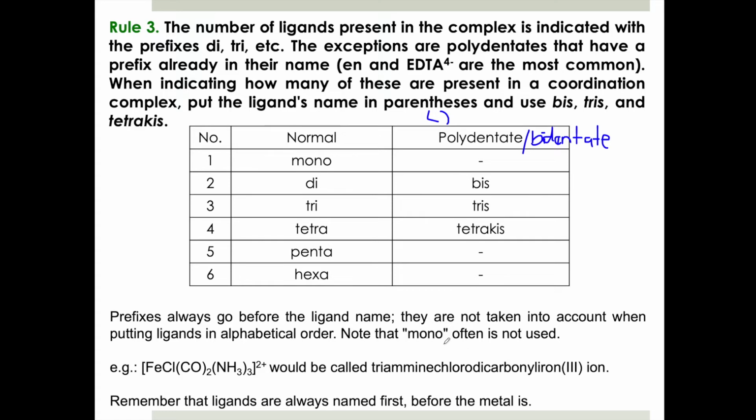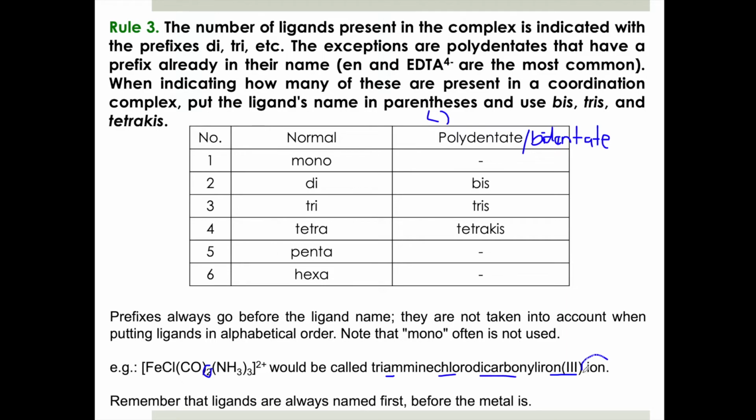So note that mono often is not used. We rarely use mono. And then for example here, this is an example for the iron 3 complex cation. This is the name where we can call it. First, you need to have ligands based on alphabetical order. So it will become triamine because we start with A, triamine, and then we have Cl, chloro, triamine chloro, dicarbonyl, di because we have 2 here, dicarbonyl, iron 3